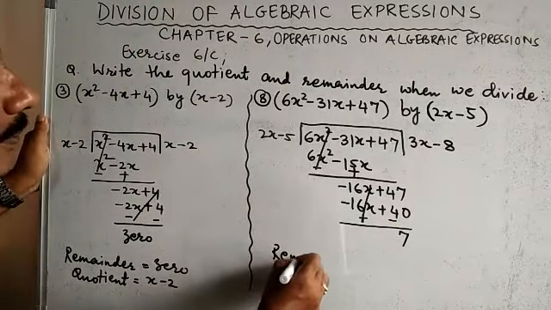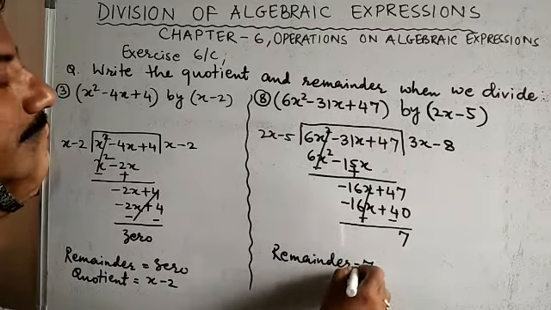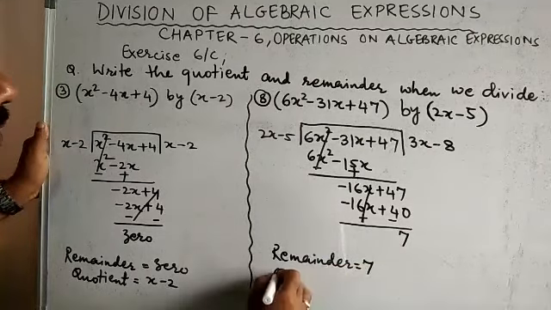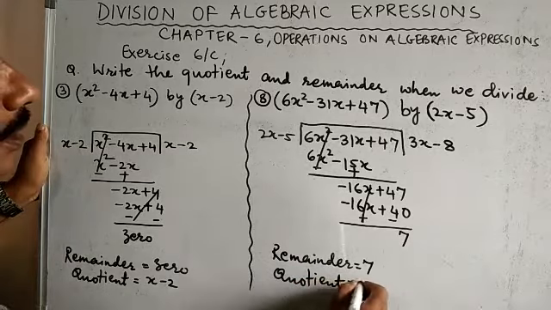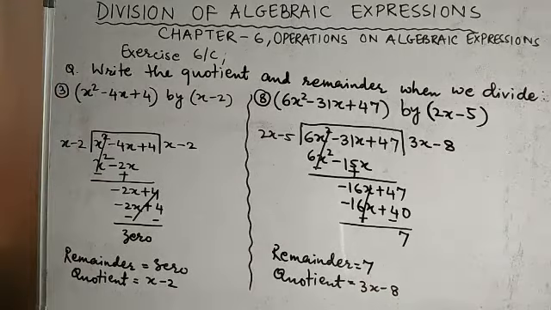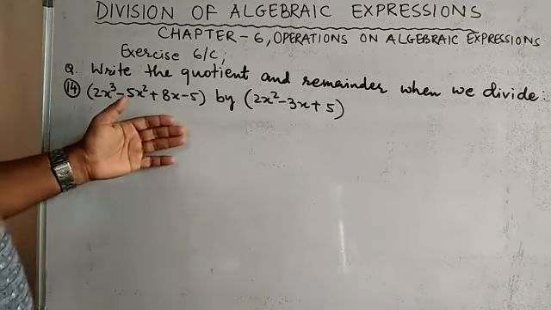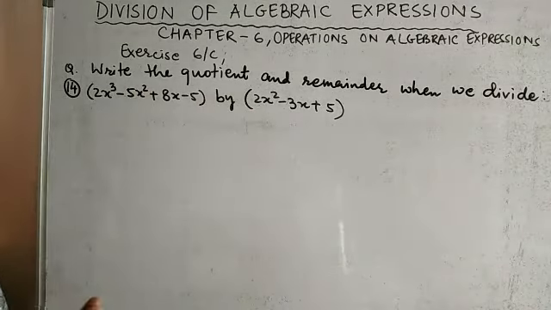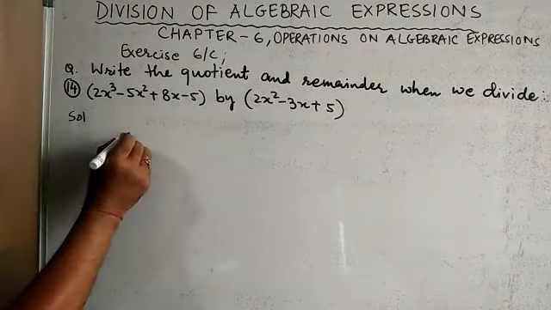Remainder is 7, quotient 3x minus 8. Now we have to solve question number 14. Here this polynomial is divided by a polynomial. So again we can write